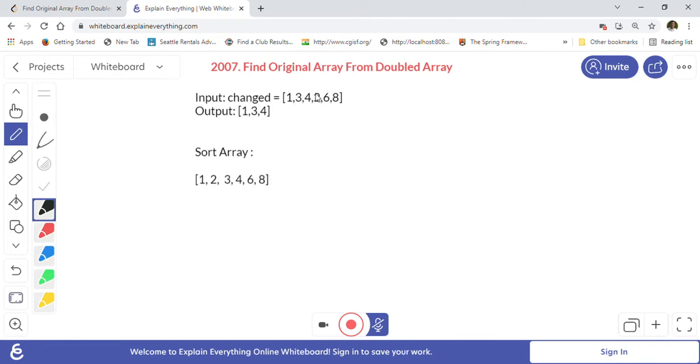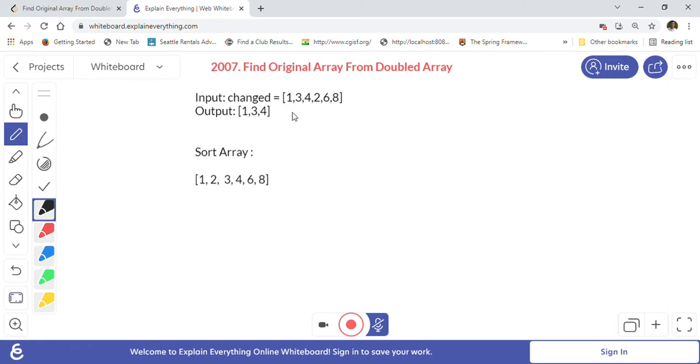So this is the array that is given to us. The input array, changed, is the name of the array, and as you can see, the output array, which is the original array, is 1 3 4. For 1, there is a corresponding doubled element 2 here. Similarly for 3 there is the corresponding doubled element, which is 6, and for 4 the doubled element in this array is 8. So 1 3 4 was the original array which was doubled, and then randomly they put the numbers like this. So this is one of the examples they gave us. I'll just revert this so I can reuse this array.